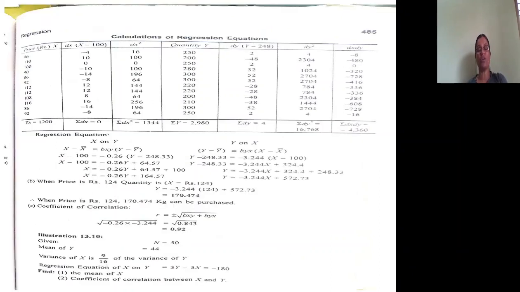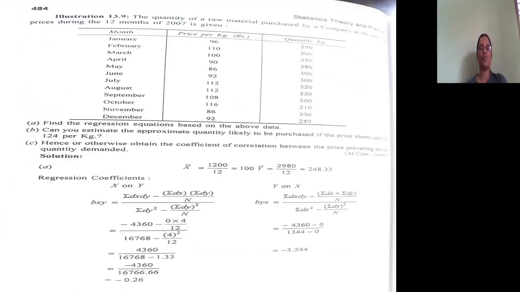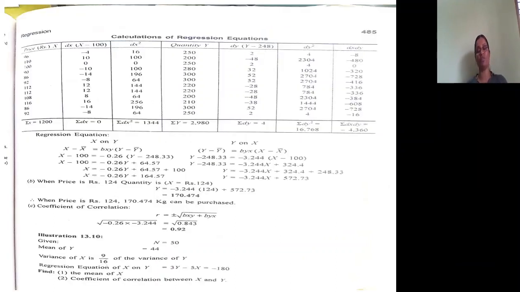Once we calculate this, we have to concentrate on constructing the regression equation. To construct the regression equation, we definitely need x bar. They have already calculated x bar. In this problem, try to understand, coincidentally, what they assumed as far as x is concerned, the actual mean is also 100. But as far as y is concerned, they assumed 248 as the assumed mean, while the actual mean is 248.33. So don't be under the assumption that the actual mean method is followed. We have not followed the actual mean method. We followed the assumed mean method.